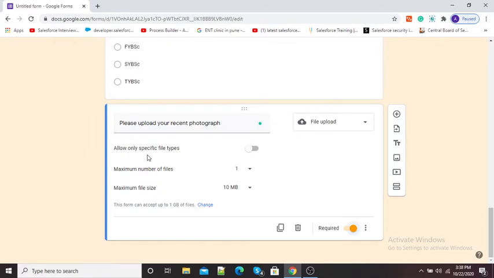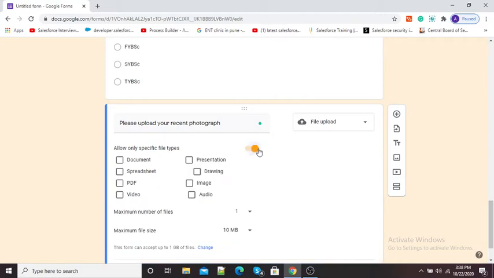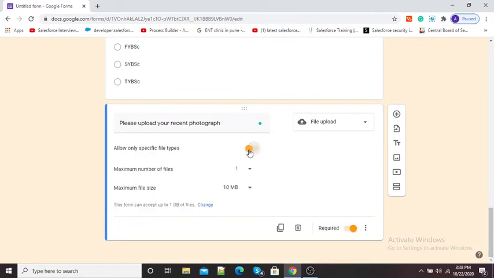Now here you can see different options are available. Allow only specific files. If I turn this option on, then I can select particular files to be uploaded from the student's side. I will turn this off.